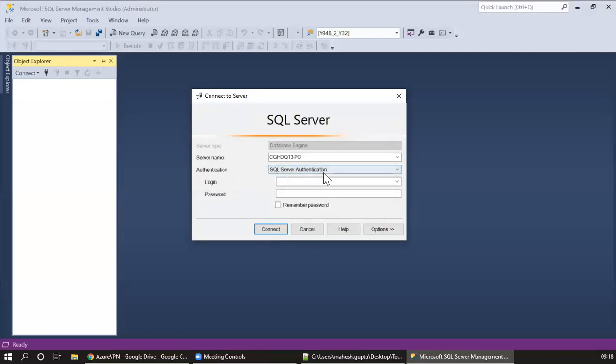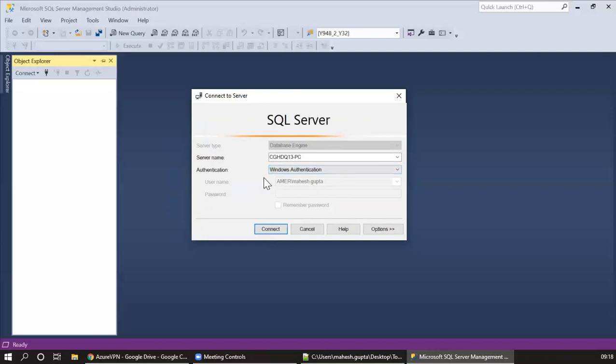But to use SQL Server authentication, at the time of installation you will get an option where you can create your login and password, and the same login and password you can use to log in using SQL Server authentication. But for practice, it does not stop you from doing anything even if you use Windows authentication. So that's fine. We will use Windows authentication.